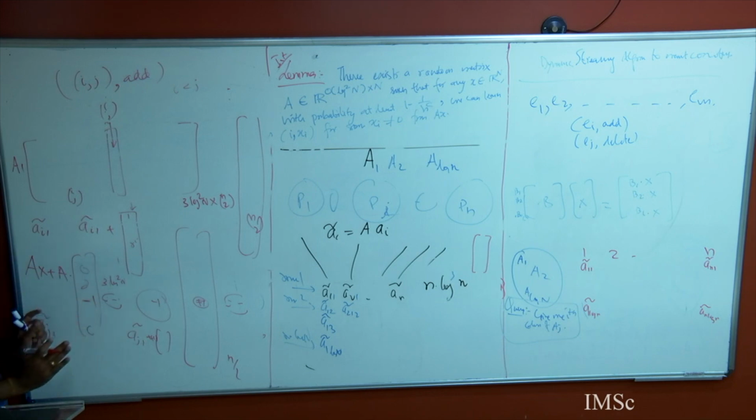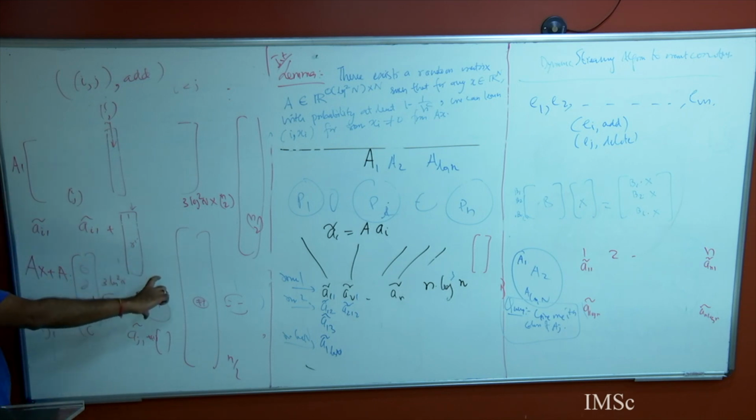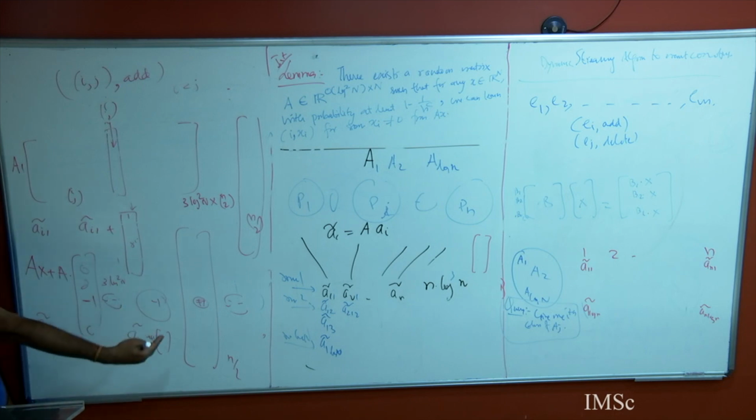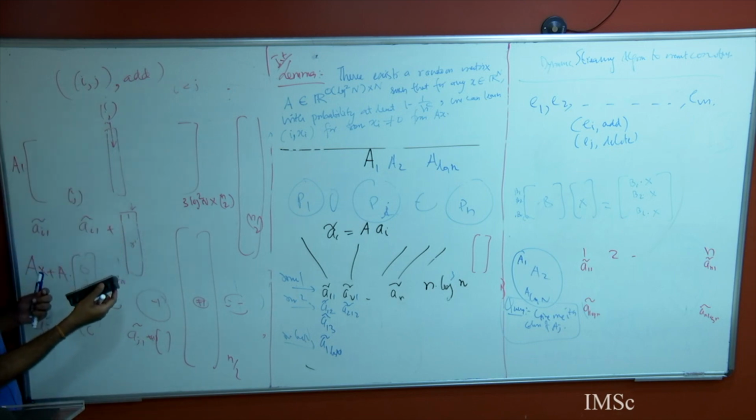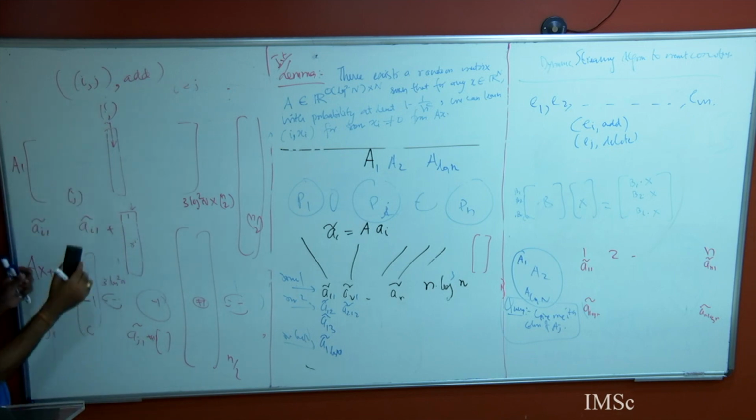And this I can do in order log n time update. The reason I'm using the words order log n time update is that this is how dynamic algorithms have actually been made. So it is important not only that we can do this, because here time is not important, the space is important, but actually you can do this update in polylog n time. Okay, good. So this is possible. And if edges delete, the column size is polylog n.